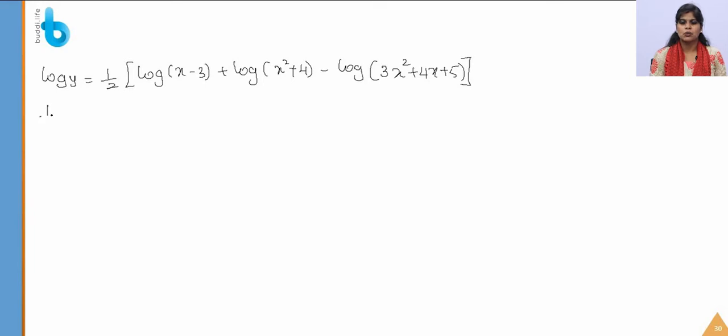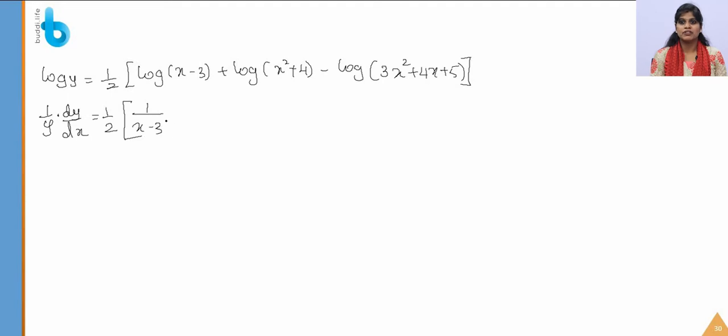Now on differentiating, what will I get? Differentiation of log y is 1 by y, and since we are differentiating with respect to x, we write dy by dx. So, 1 by y dy by dx equal to 1 by 2, which is constant. Differentiate log. All these are good examples of composition of functions. I have a log function and in that I have a polynomial function. So it is a composition of two functions, therefore we should use chain rule here. I will tell you how to use chain rule. Derivative of log x is 1 by x, so log of (x minus 3) gives 1 by (x minus 3).